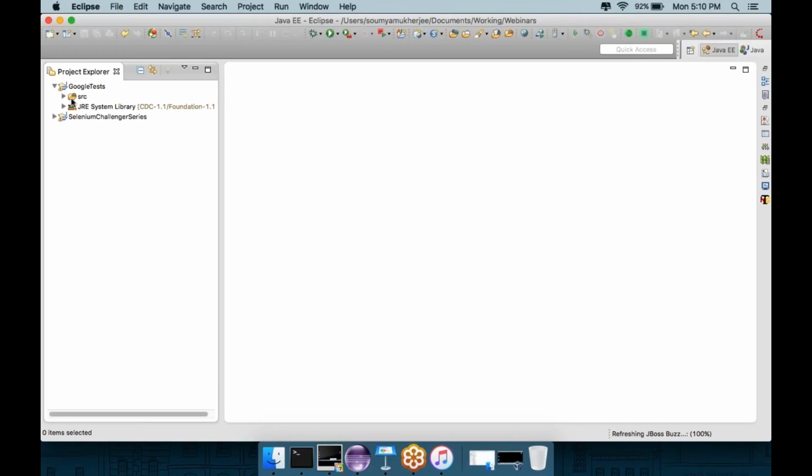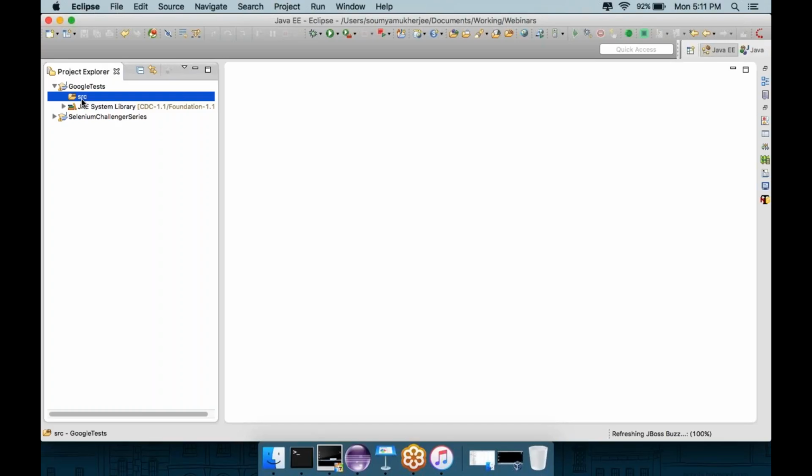Okay, so I can see that the project is all in. Now the basic fundamental of creating a test case here is I need to have a project structure in place for any automation project. So let me create a quick project structure. So in Java, all the test cases that need to be executed have to be inside